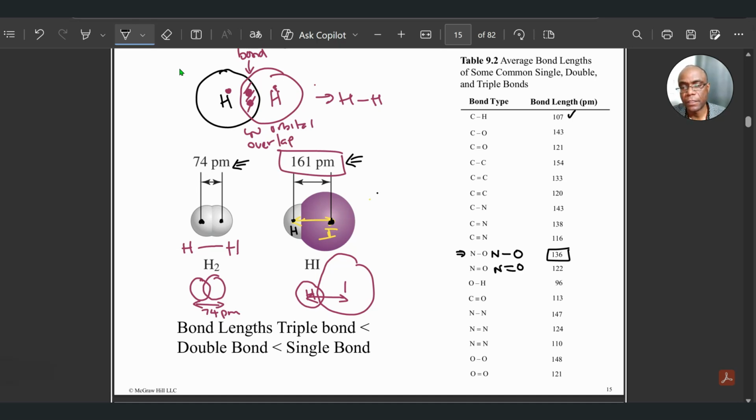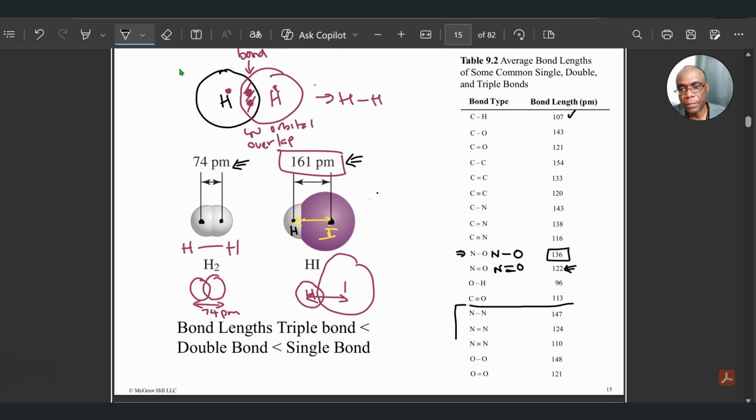Whenever you have double bond, the bond tends to be stronger and shorter. It's like me telling you to break one pen versus breaking two pens. Breaking two pens will require more energy. So there's more overlap in making a double bond, and the bond becomes stronger. And you see the bond length decreases, and it even decreases more if you have a triple bond, and that